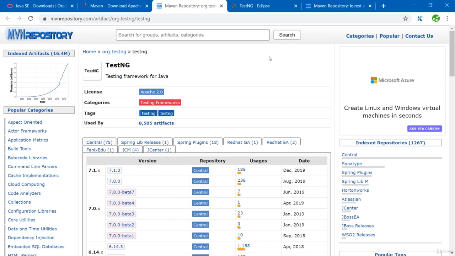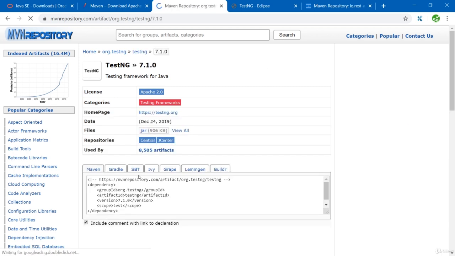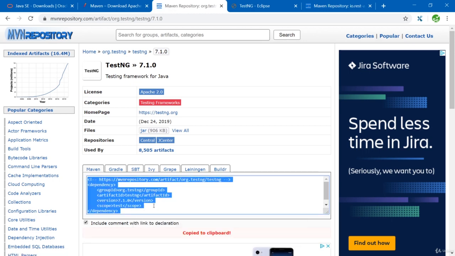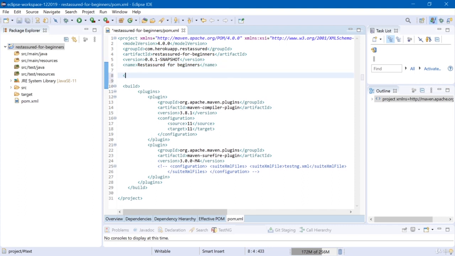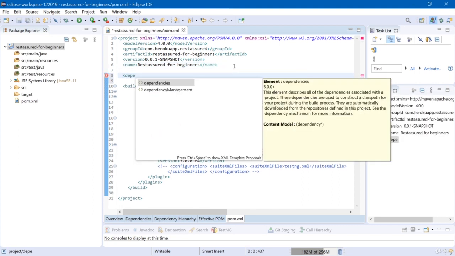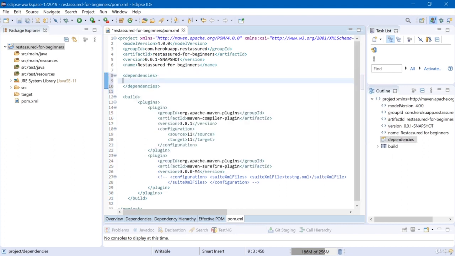As I said before, we use Maven to manage all the libraries we need to use in the code. So instead of downloading jar files, we need to add dependency to POM file. On this page, select the latest version of TestNG dependency and then just copy it. So 7.1 and copy this dependency. And here let's add dependencies section. Ctrl space for shortcuts, select dependencies, and let's paste our